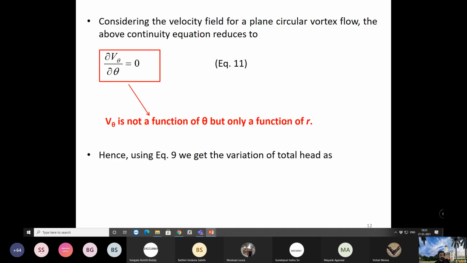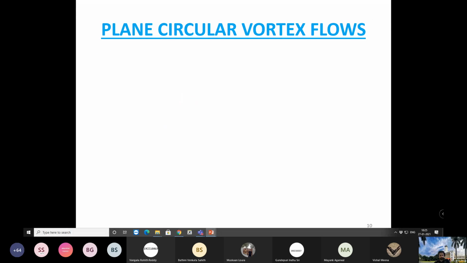This equation implies that the velocity in the tangential direction is a function of the radius only. Hence, if we use equation 9,